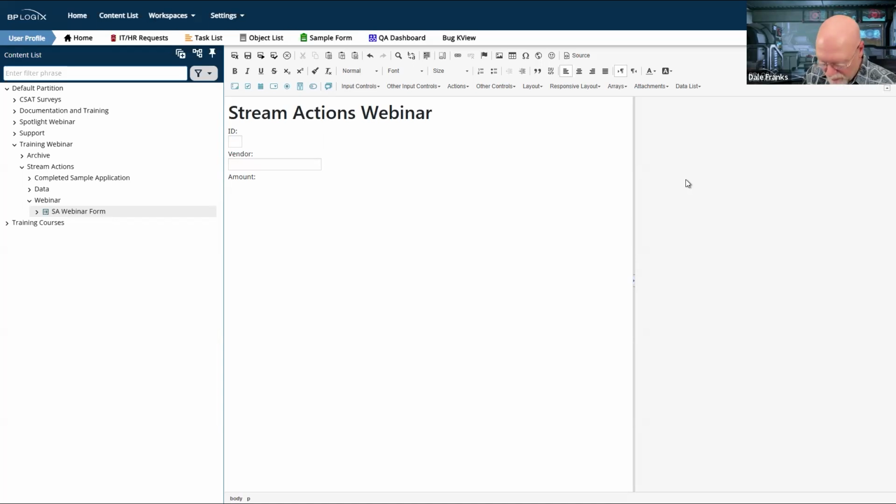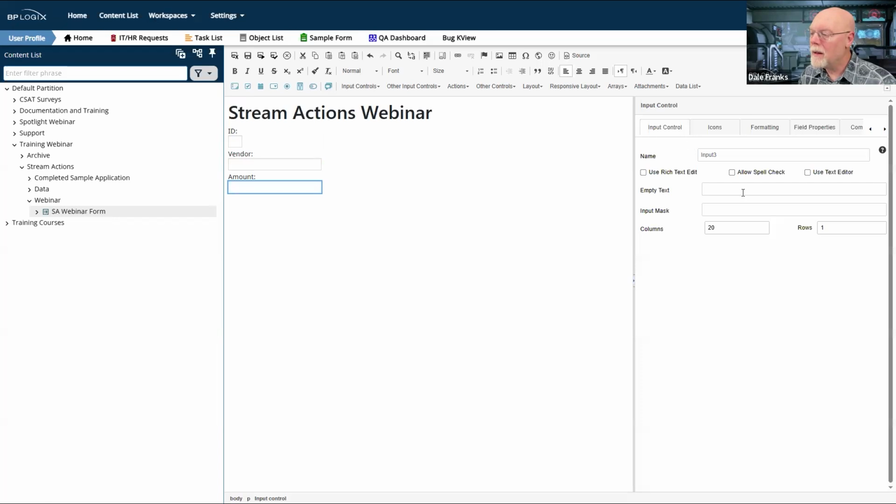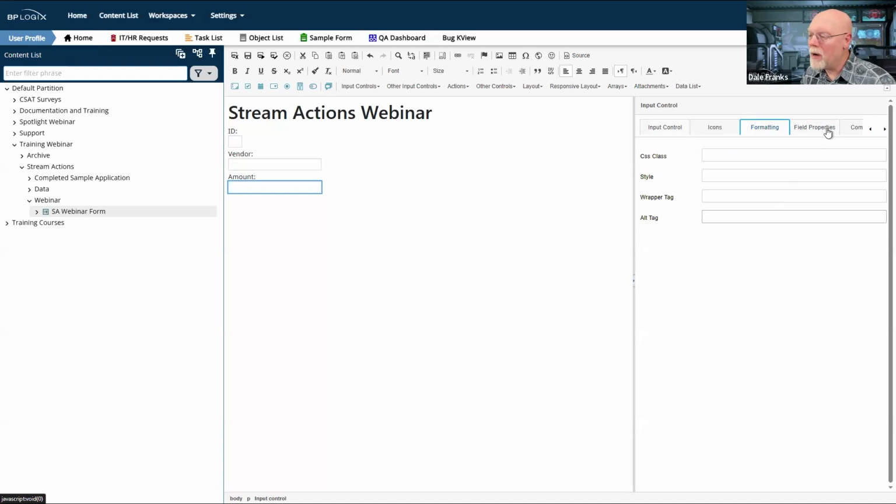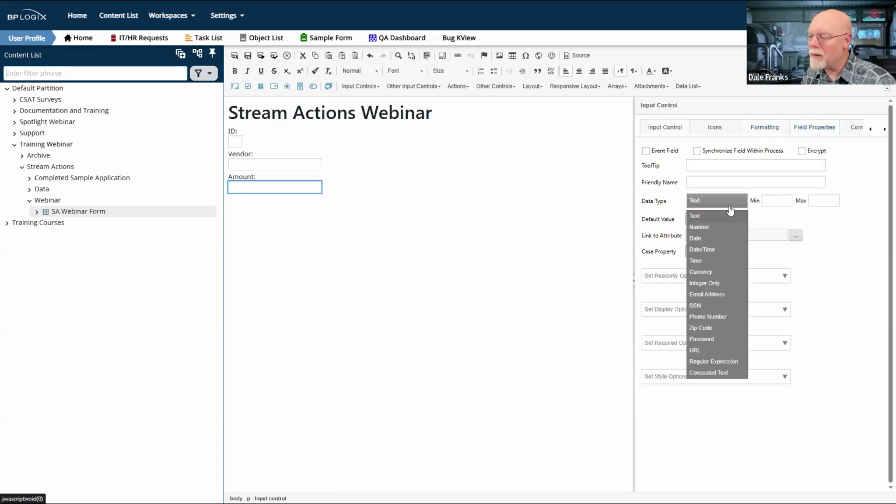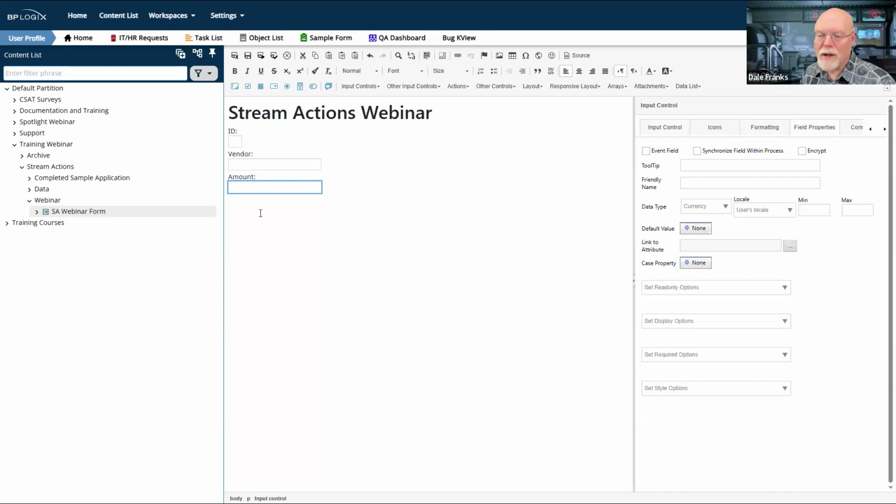So I need an amount field. And we are going to go to the field properties for this, and we are going to set it as currency. So it's a currency field.